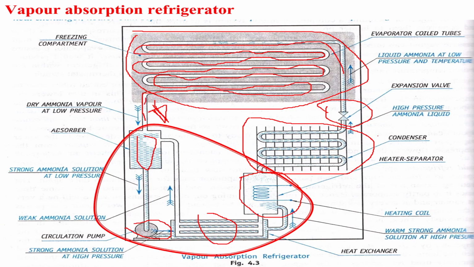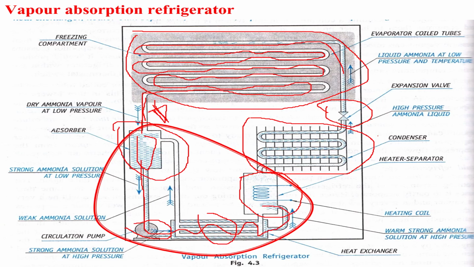So that refrigerant is taken into a chamber, where it contains a solution of ammonia in brine. So the vapor coming out here gets into this and is dissolved into this. Okay. So then it becomes a weak solution. So that is pumped, and it passes through this heat exchanger, and is taken into the separator.